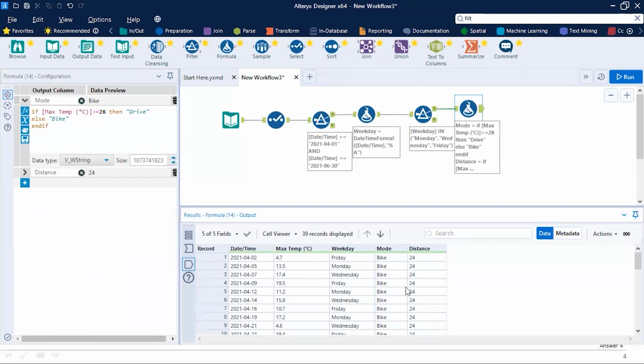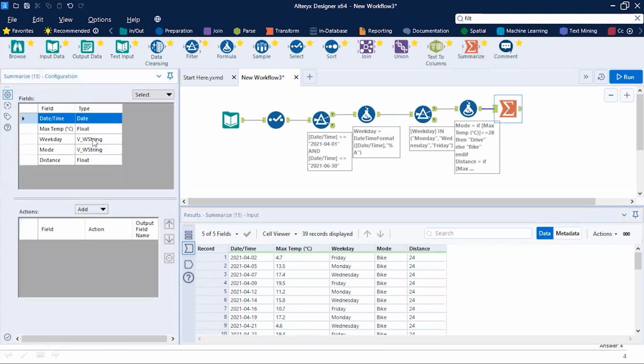Okay. Now we need to find out the number of days on which she bikes and the number of days on which she drives, and also the total distance she covered on the bike and while driving. The summarize tool is a perfect fit here. We will use the mode column to group by.